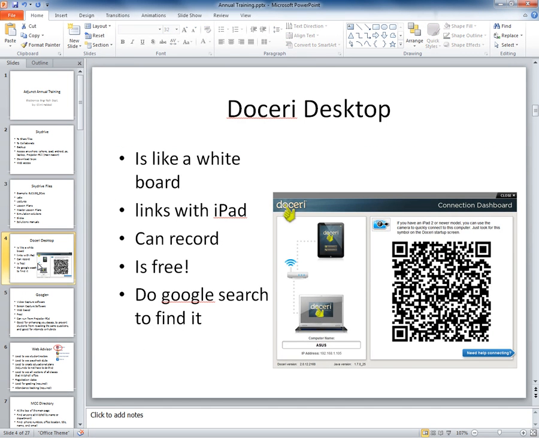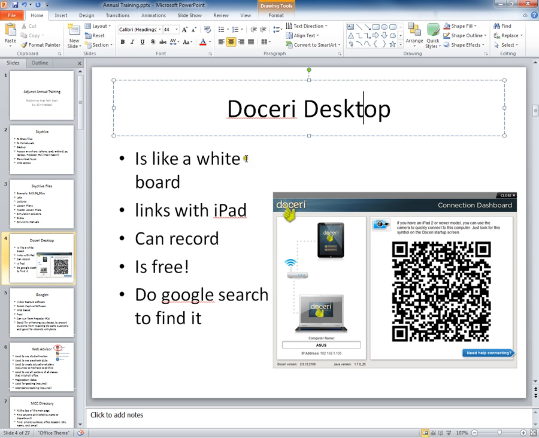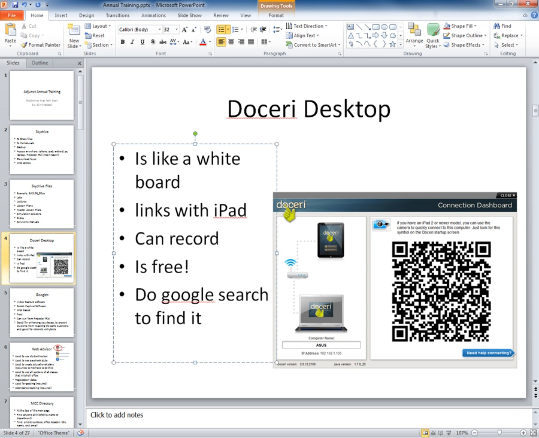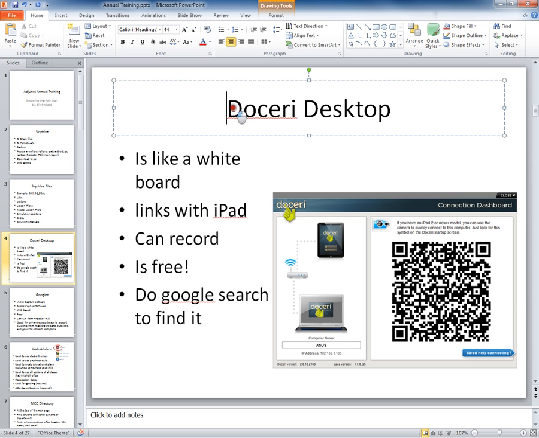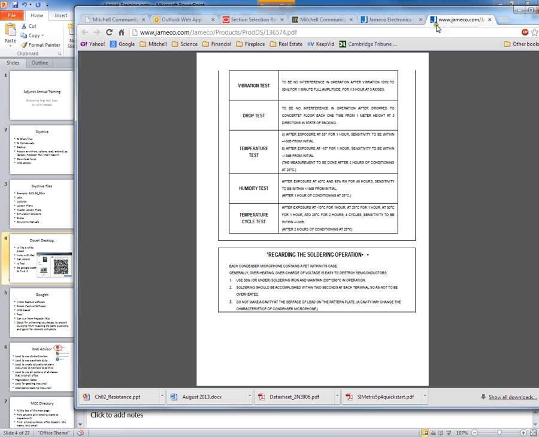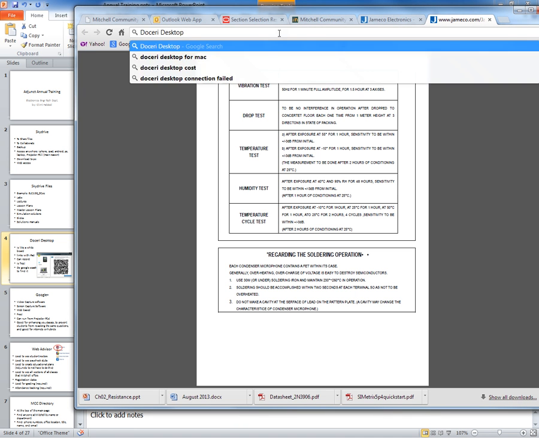Okay. Doceri Desktop, the next topic. A cool application is Doceri Desktop. You can Google that, and I'll do that right now so that you can see what pops up. So, Doceri Desktop,